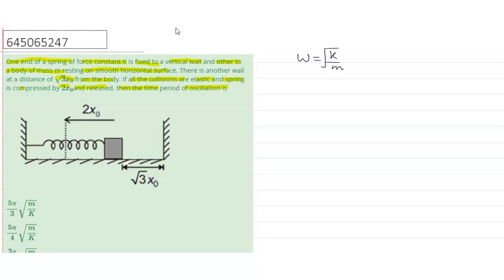So for the leftward motion, let us say T1 will be equal to half of the time period,